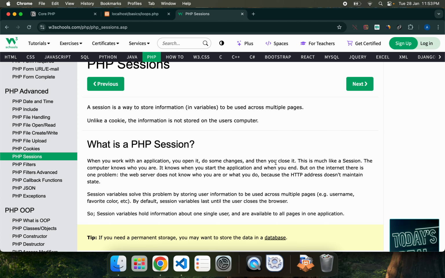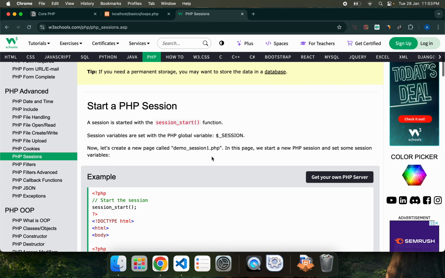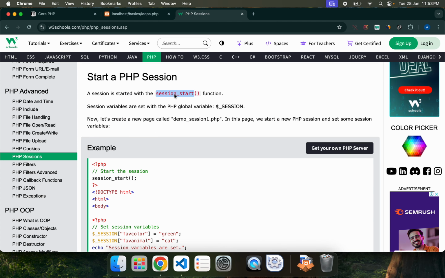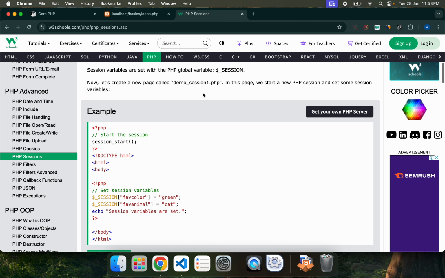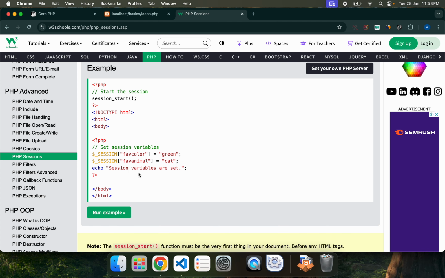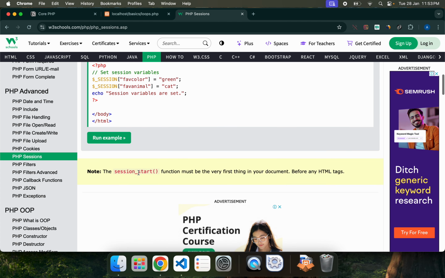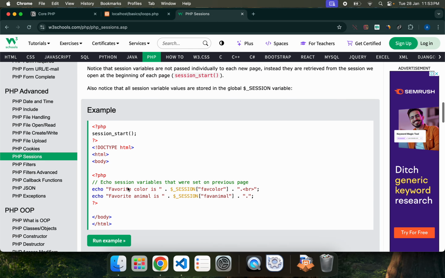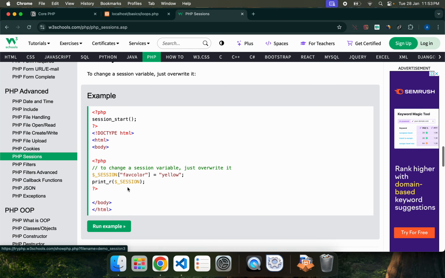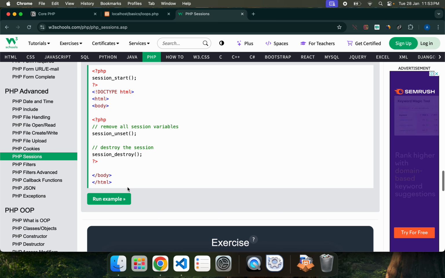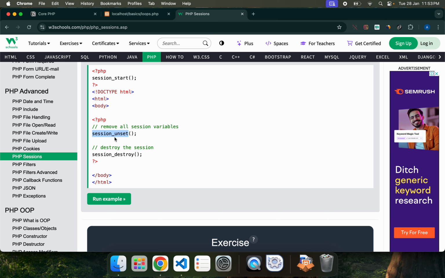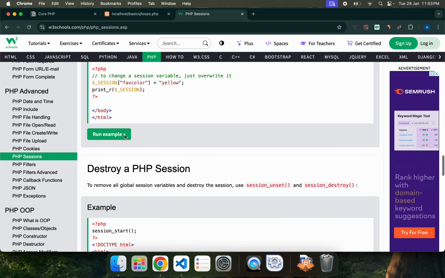So for a session, you can start using the session start function, and you can end it using the session end functions, session destroy and unset. Okay, now